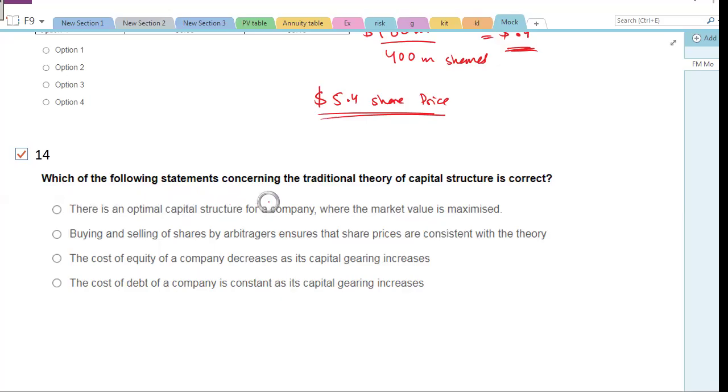Which of the following statements concerning the traditional theory of capital structure is correct? Okay, so one of them is correct. There is an optimal capital structure for the company where the market value is maximized. This is correct, right? Remember, in traditional theory,